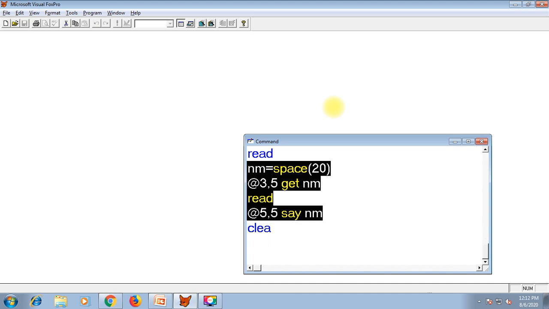The space function will allow you to define a variable with a maximum of 254 spaces. How many spaces? 254 spaces. Then get the value of the variable and print the name.